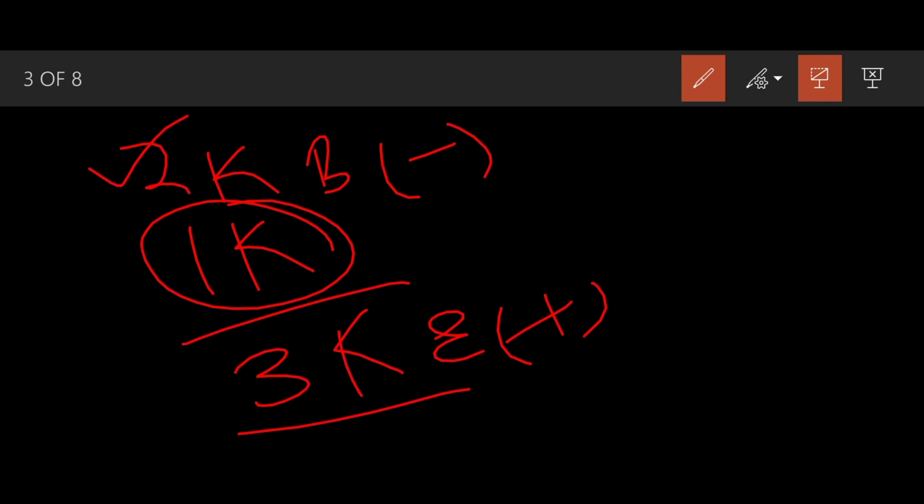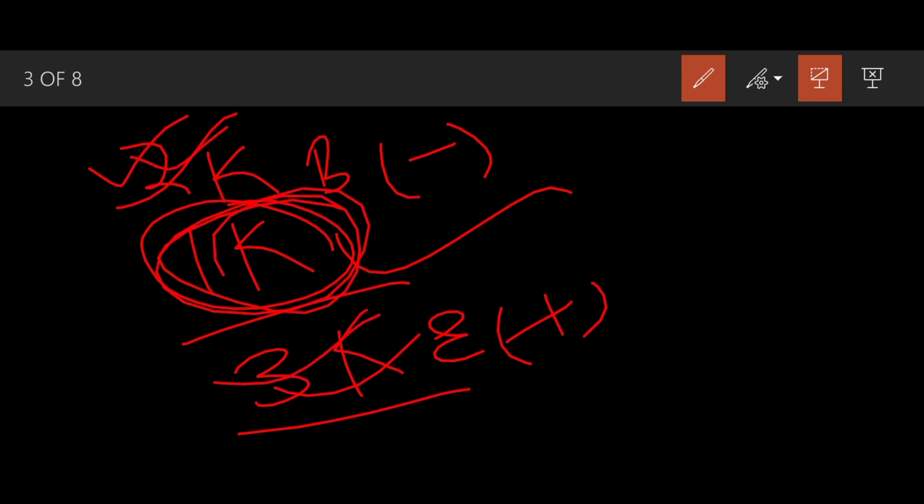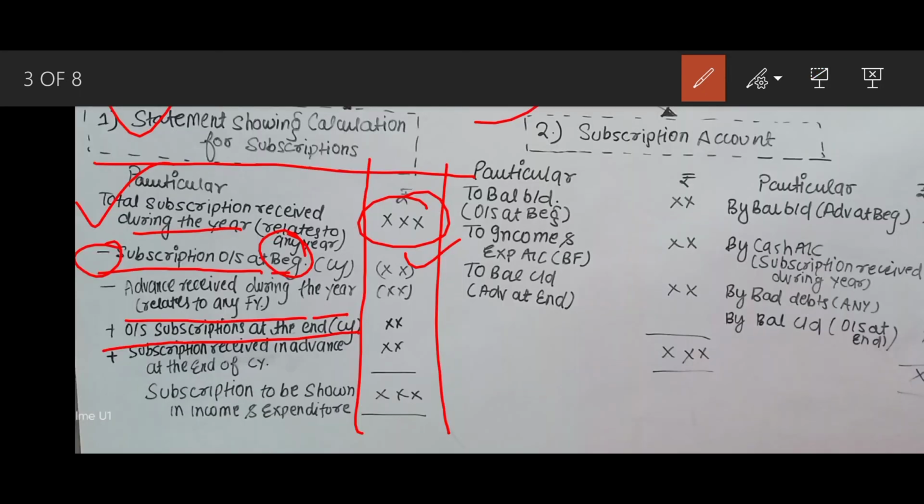You got my point or not? So sir, why do we write these two? Can't we write this finally and directly? There is a term known as presentation. You must present everything and you must be able to show the fair and true values of the business. So you have to write these two amounts to effect this ultimately. You cannot directly put 1k over the statements.